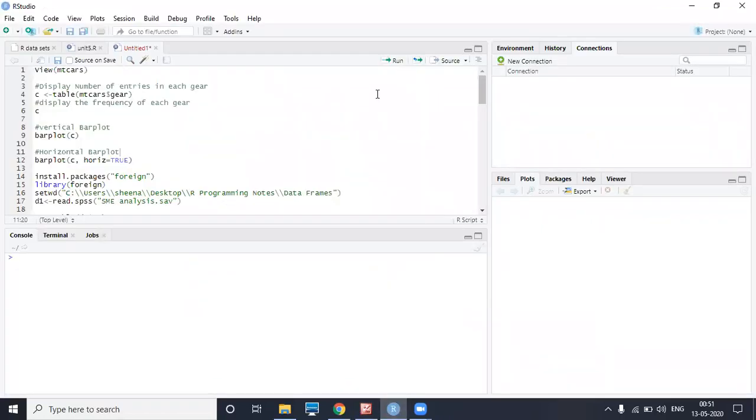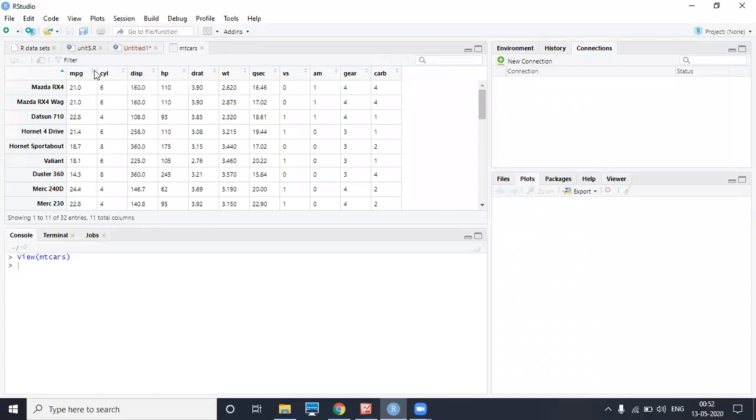So when we draw a bar plot, we all know that in bar plot we have a table chart in which we mention on one side two axes, x-axis and y-axis. In x-axis are the different categories and in y-axis we show the frequency. So now we will take our data frame from our environment, that is mtcars. First of all we will view the mtcars. In this mtcars, we will take the gear column. We will see the bar plot of the gear column.